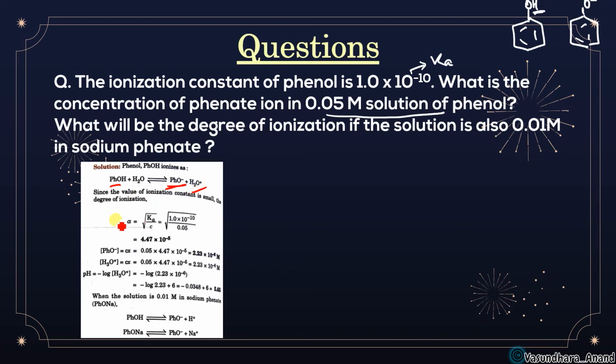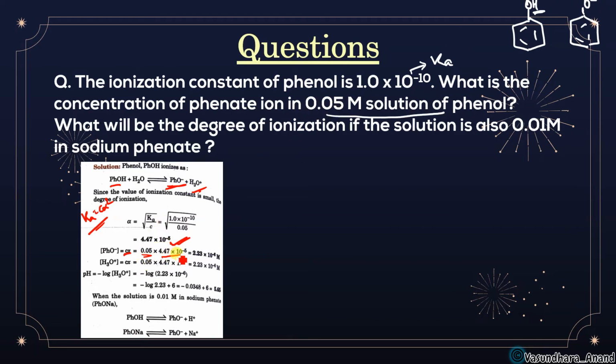Okay, so अल्फा निकालने के लिए we have the formula root under K upon C. कैसे आप निकालोगे? K is equal to C alpha square, you have done. Yes, so by this way we got alpha is equal to root of K upon C. K की value given है और concentration is also given, so that's why alpha हमने आसानी से निकाल लिया है यहाँ पे. Clear? Okay, now अगर हम यहाँ पे देखते हैं तो this is 1 minus alpha, this is C alpha, this is C alpha. कंसंट्रेशन याद करो, वैसे करते हैं. So here phenolate ion का कंसंट्रेशन जो है वो C alpha है. Got it? अल्फा हमने निकाला इतना और कंसंट्रेशन जो है फिनोलेट का दिया हुआ है 0.05.